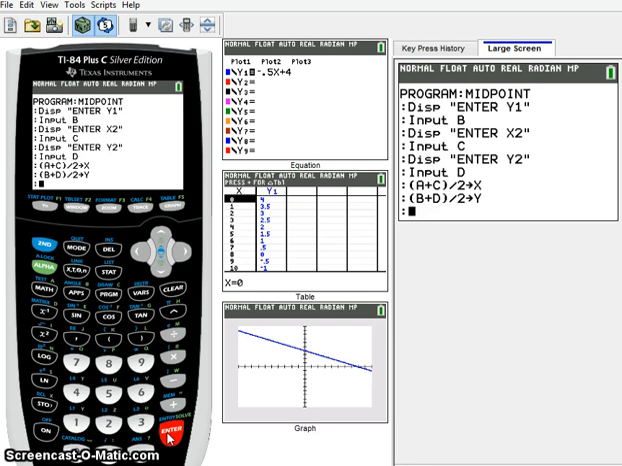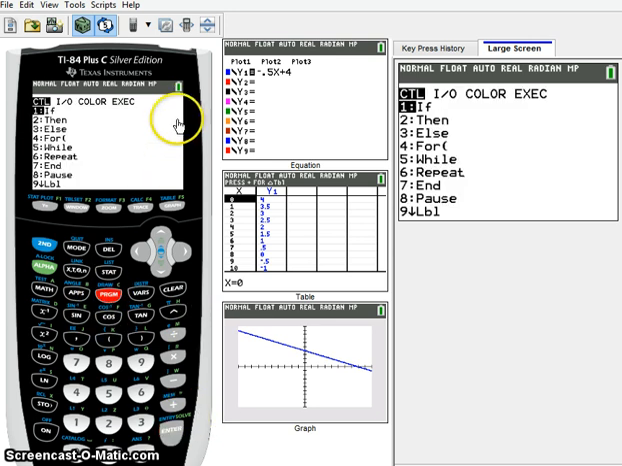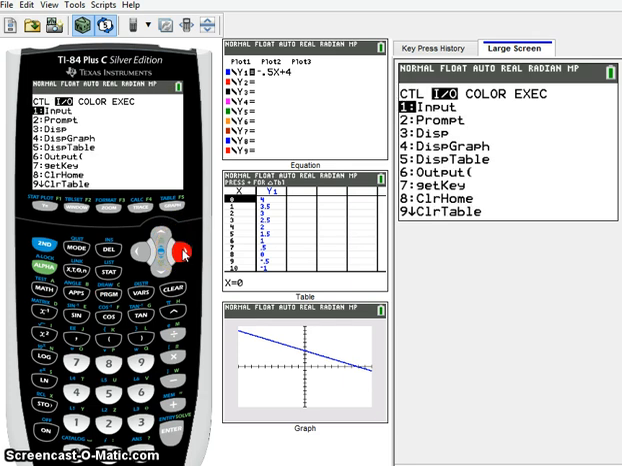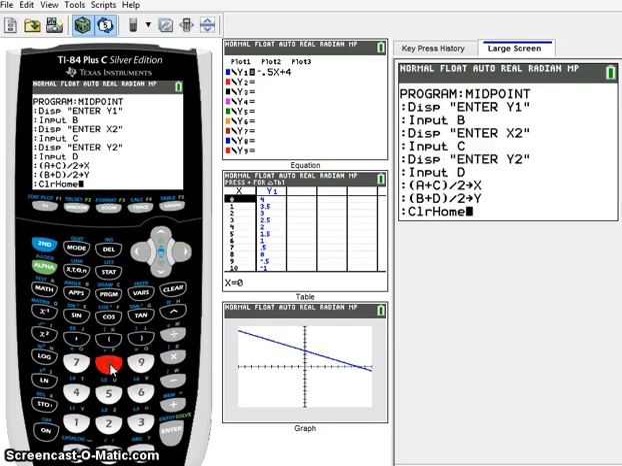and store that value as y. Now I have to do another command, which is called clear home. So I go over to here, and I will find that as number 8. So I'm going to hit 8, and that just clears the screen before it gives me the values that I'm looking for. So I hit enter,